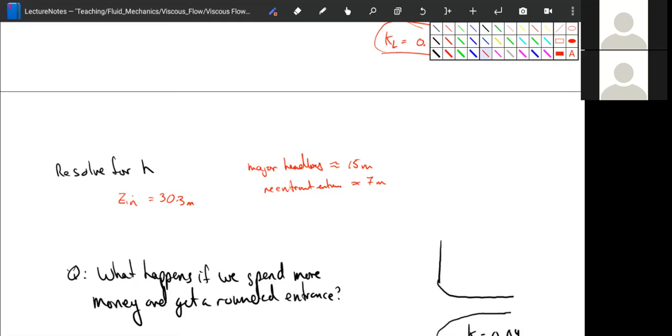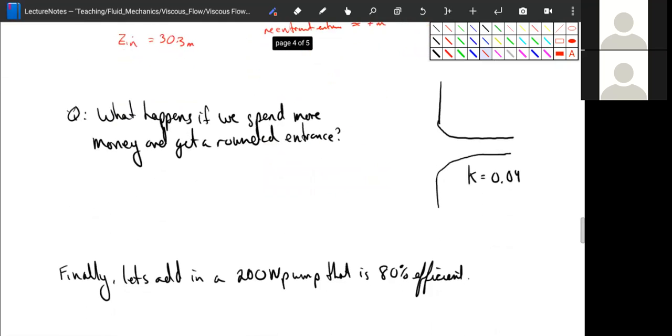So what happens though if we spend more money and get a rounded entrance? In this case, we'd cut a bigger hole. We have to be more careful when we weld it. In this case, you'd have to definitely weld it. When you attach it, you have to be much more careful. But if we use a rounded entrance here, we have K is equal to 0.04, which is orders of magnitude, like 20 times less than